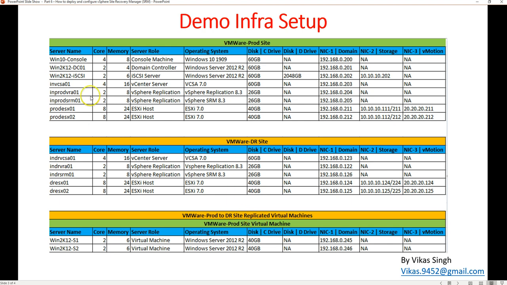Currently, on the production side, I have my Windows 10 console machine from where I am going to configure all the vSphere products. The second one is my Win2K12 DC, which is my Active Directory server. This is my iSCSI server, which is providing storage to my